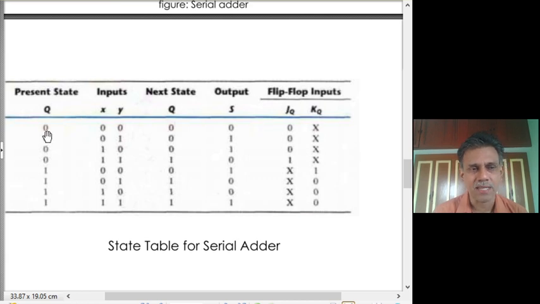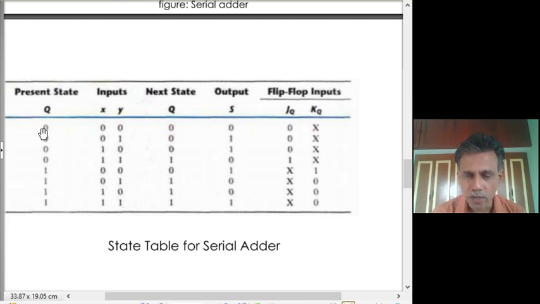See, the present bit in the JK flip-flop is 0. We want it to remain as 0. How do we enable that? Using a suitable combination of J and K. So this is one way, it's a no change condition. So if you put a 0 in J and 0 in K, it will happen. We can also view it as a reset condition because the next state has to be 0.